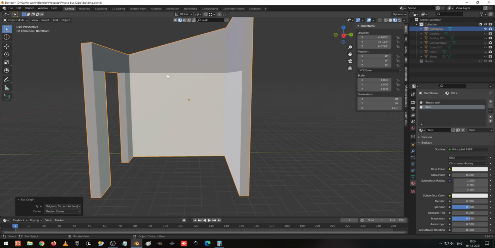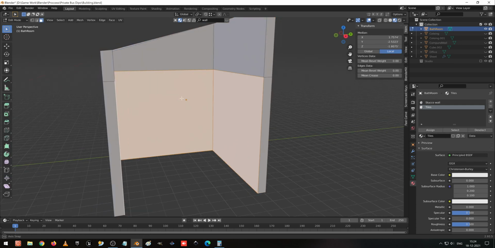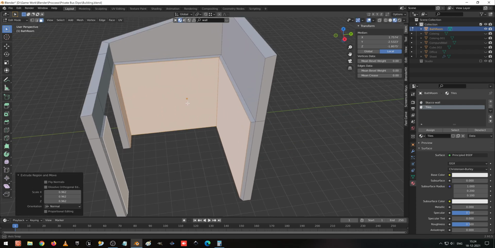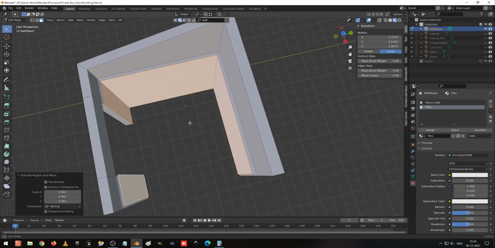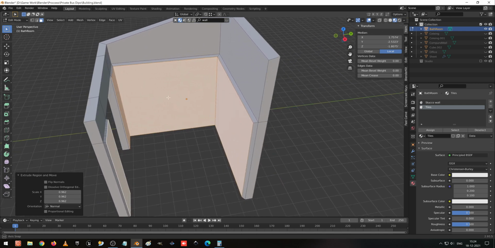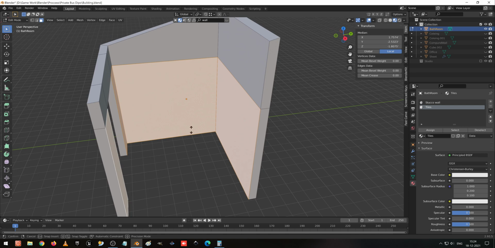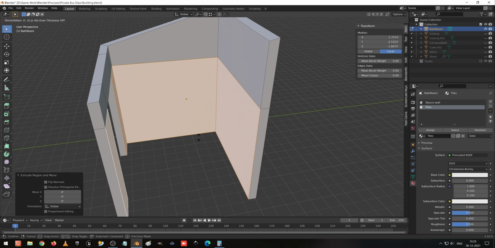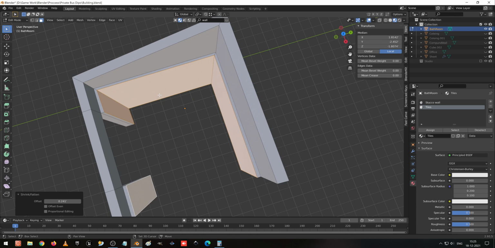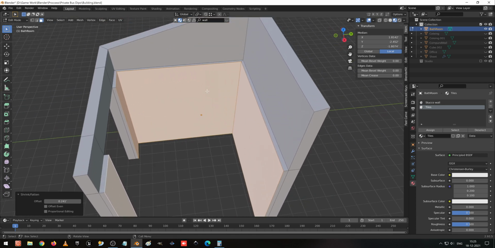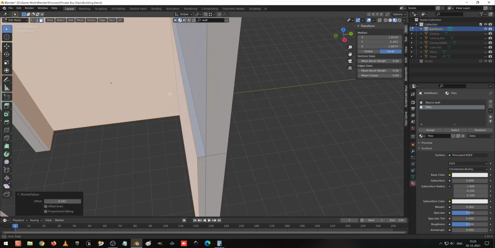Okay, now go to edit mode. Now E to extrude and S to scale. I press Ctrl Z, Alt S, and we can try. E to extrude, right click to cancel, Alt S to check whether it comes out correct. Yeah, for us it came correct. So this is the way to add thickness, but I have given too much thickness.